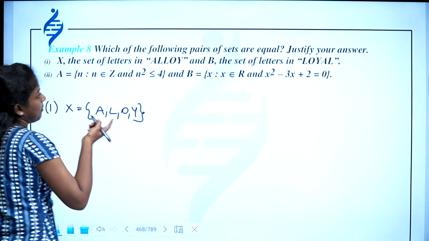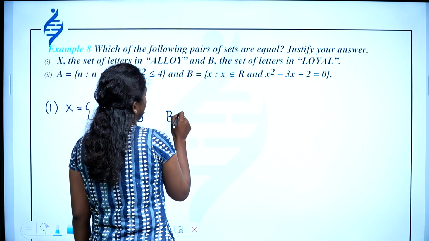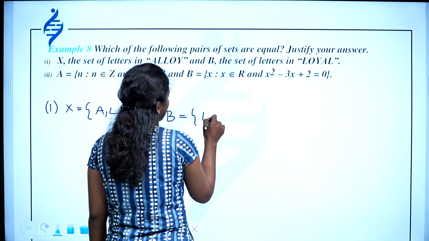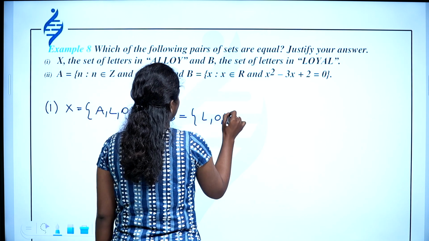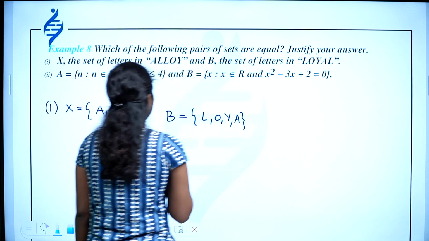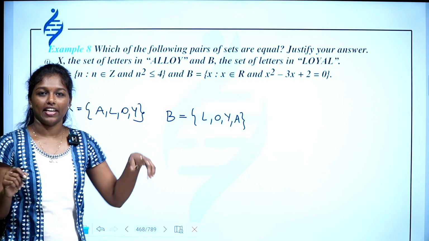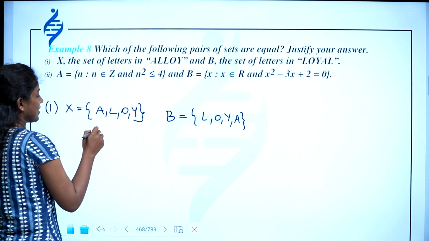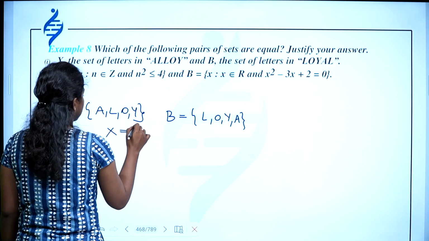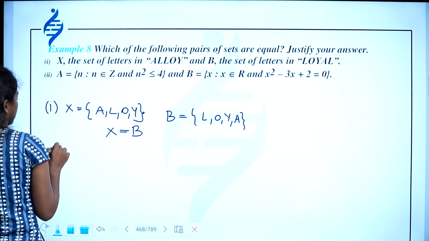Then next one, B means the set of letters in the word loyal. That is also L, O, Y, A. Yeah, as you can see, A, L, O, Y is same as L, O, Y, A. And the sets are equal. So you get X equal to B. Then second one,